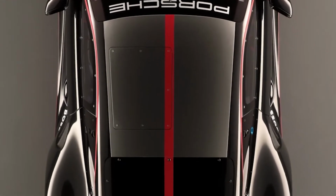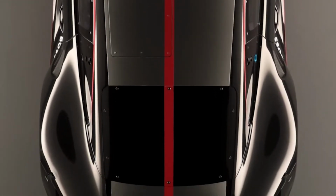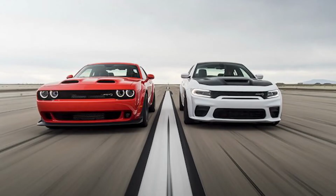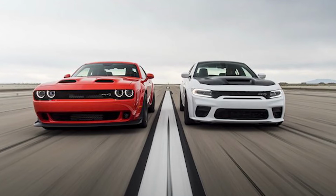Almost all body panels are made of carbon fiber to save weight, while the wheel arches are made of aramid fibers. The Dodge Charger and Challenger are two of the most loved muscle cars, not only in